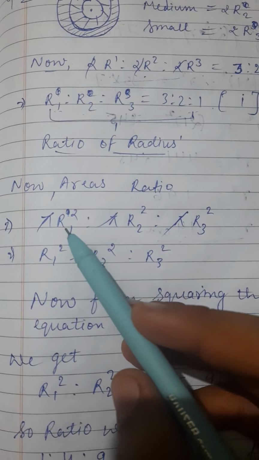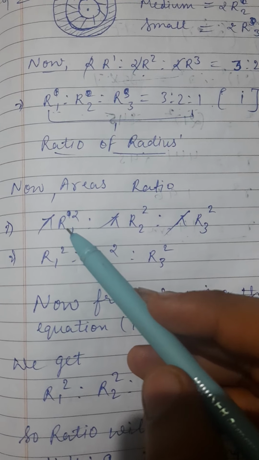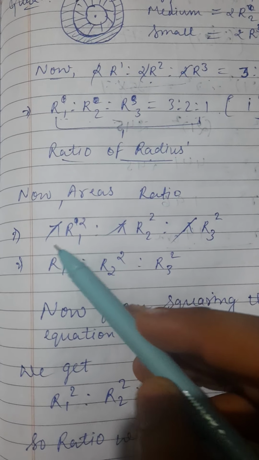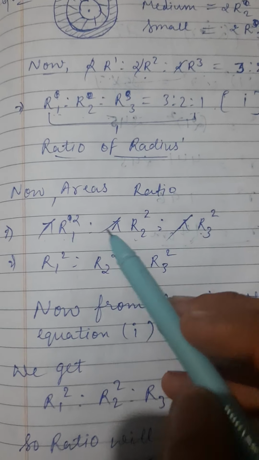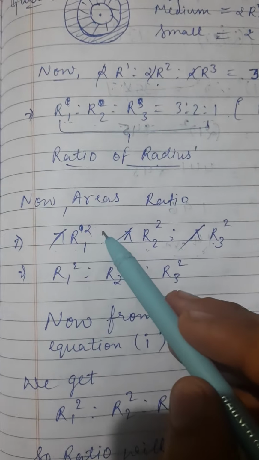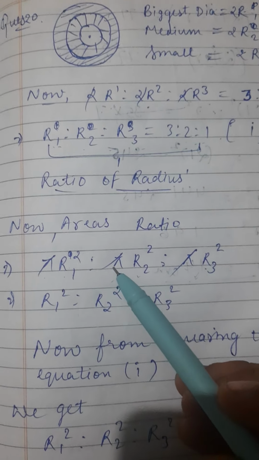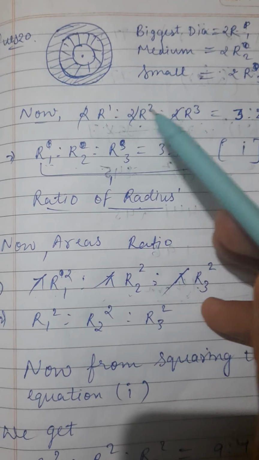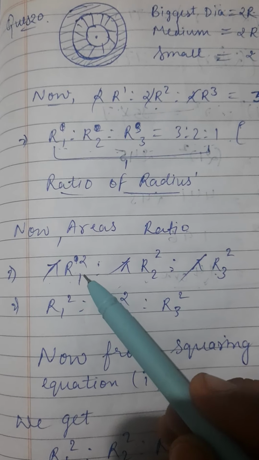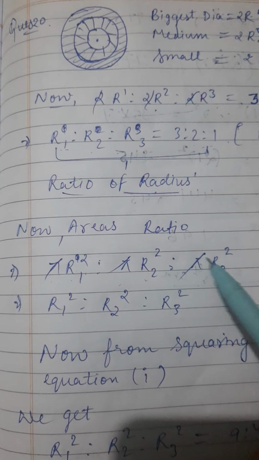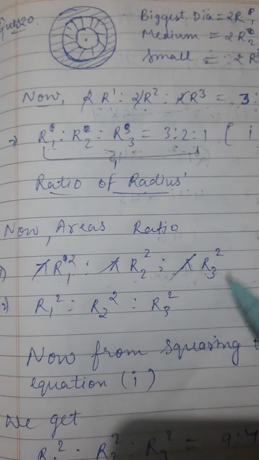as we know that area of a circle is pi r square, so we just simply put the r in the value of area, like it will be pi r1 square, pi r2 square and pi r3 square. We need to find the ratio of them, so we just put them in ratios. So as I have told earlier that similar terms can cut out in ratio, so pi will get cut out and the ratio of r1 to r2 to r3, means r1 square, r2 square and r3 square will be